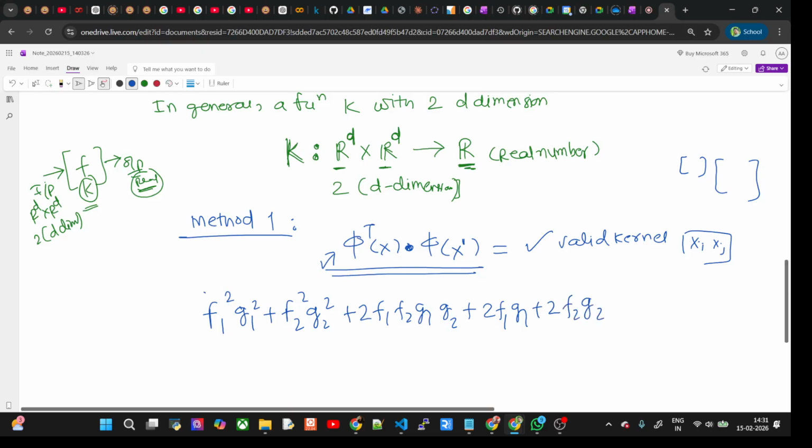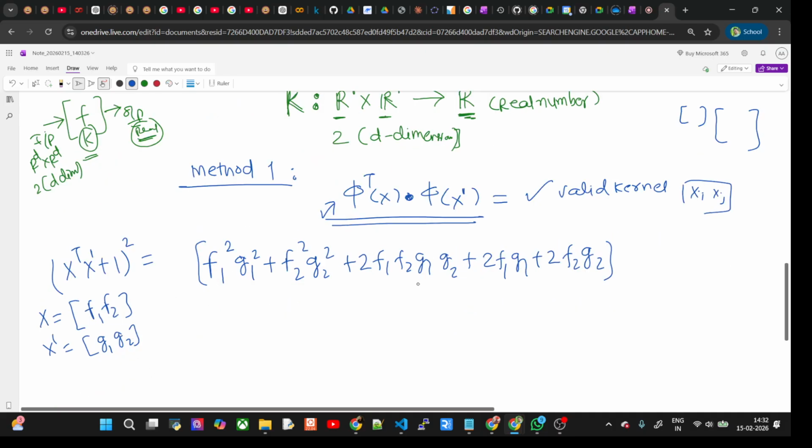So you found that if you do (x transpose x plus 1) whole square, and what x do we consider? X is your f1, f2, and x prime is your g1, g2. We put that f1 and f2 in this one, we put this x and x transpose here, we do this plus 1 and then square, and we found that